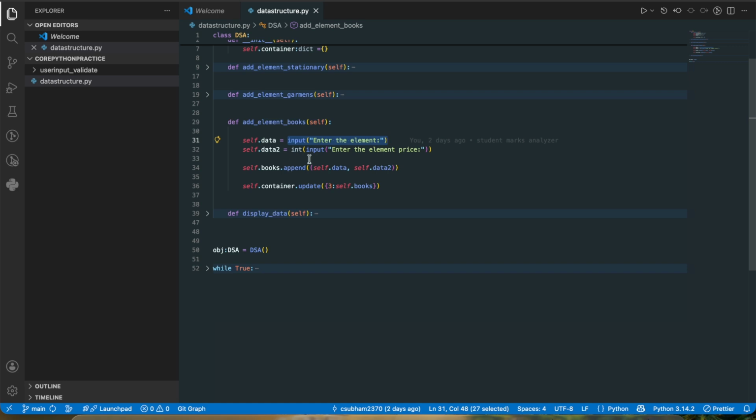The integer values are basically the price of the books. Via the input method function we can insert the value, and by default the return type of the input method is a string, so we convert it to an integer. Then we hold the reference of the value in data2. Then we use the append method to store the data in a list, but here we store the data